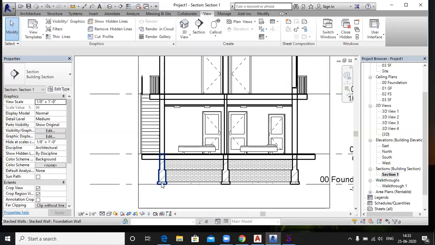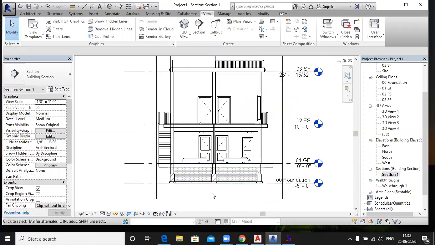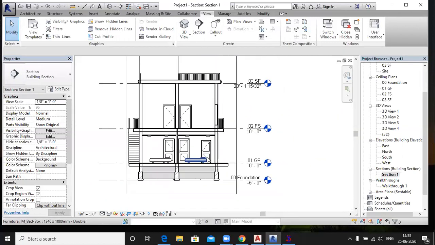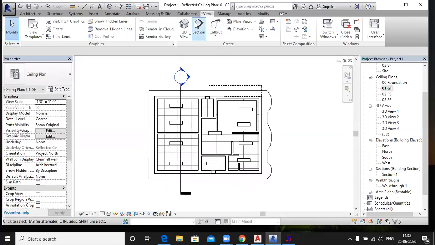See, this is your hatching for the brickwork, right? Right, sir. So you can create any of your sections.